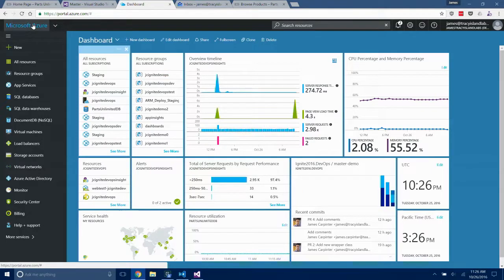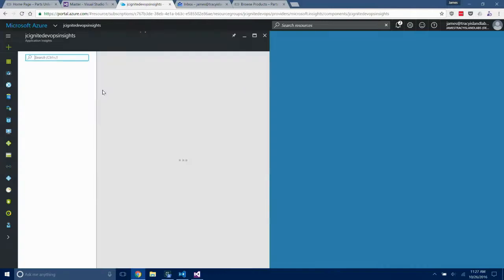So this is a custom dashboard that I pulled together. It's not particularly interesting, but it is interesting from the fact that I'm pulling data from App Insights, from the App Service, from Visual Studio Team Services, from SQL Database, from Azure itself. So we can kind of mash up data from a whole bunch of different sources here. If we jump into the App Insights instance,